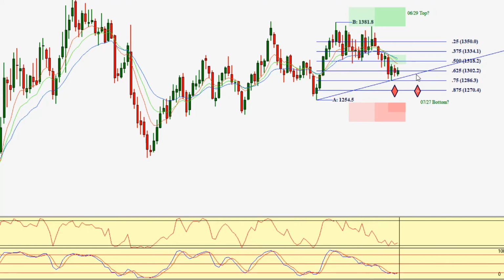Right now, we'll just leave this trend line here as a gauge. Clearly, if price was to break down below this trend line, this would certainly put up a red flag that the downside was most likely to continue. So I like to do this as an early warning indication for myself. While this still holds here, I like to see prices rise into the end of June before it then continues down again to the end of July.